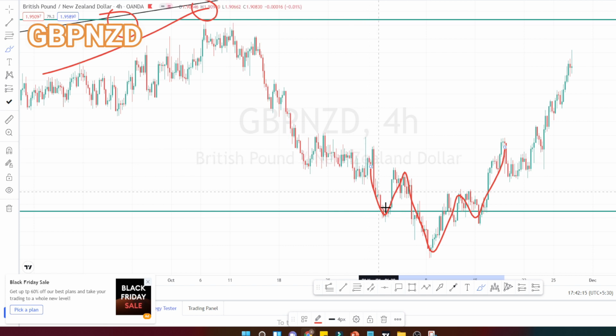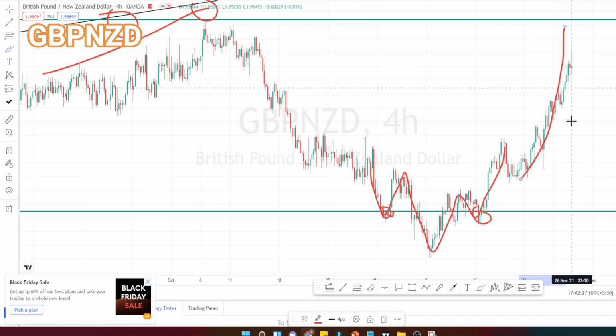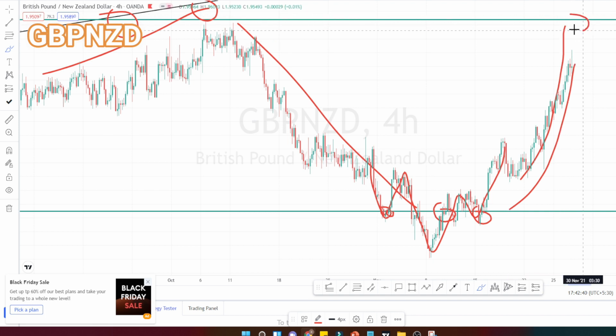When we look at the price action also, it had formed a very nice head and shoulder pattern. Then it has started a trend reversal. If you are very familiar with the pattern formation, it is very easy to trade this sort of currencies. I am expecting the current price action to go and test this resistance level over here. It is around 1.972, and a trend reversal to happen, because from the daily time frame we understand that this currency pair is in a bearish trend.